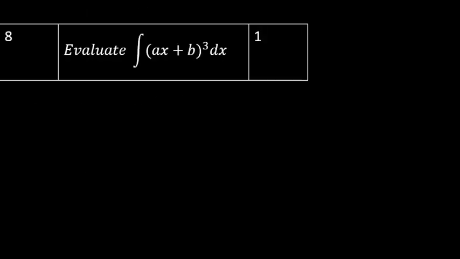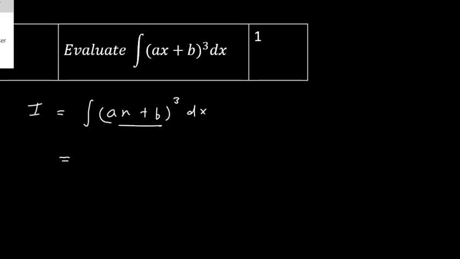Now let us see this 8th question. Here I is equal to the integration of ax plus b the whole power 3. So if we integrate, what we will get? Here it is in the form of ax plus b, so two ways we have learned the formula. When it is ax plus b, we treat this ax plus b as a single term, find the integration, and then divide the whole answer by the coefficient of x, or else you can use the substitution method also. I am not going to use the substitution method.